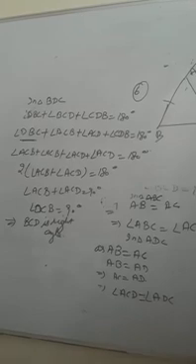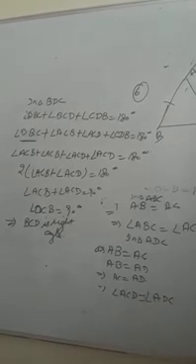After that, question number 7 and 8. Here in question number 7, you are given ABC is a right angle triangle in which angle A is 90 degrees and AB is equal to AC. You have to find the other two angles. So here also we will use the same property. If AB is equal to AC, that means angle B is equal to angle C. So by using the angle sum property, you can find angle B and C. And similarly, you can solve question number 8.